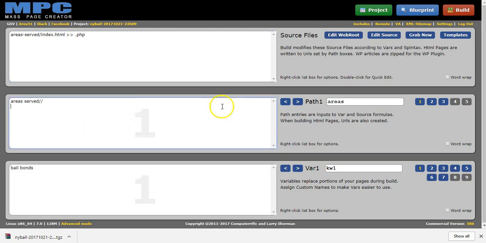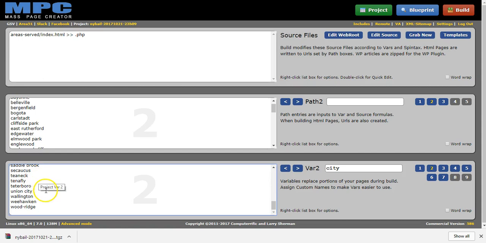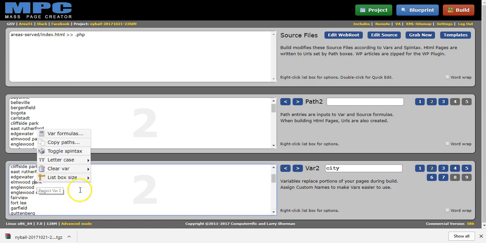And then here are your paths. Those two slashes indicate that this is going to be a silo. So we have areas served. These are the cities, and I'm only doing, I think, like 45 cities in New Jersey. So that's the state abbreviation, and those are the only paths that I have. And then over here, keyword is bail bonds, and then these are the cities. And in order to get this, you just